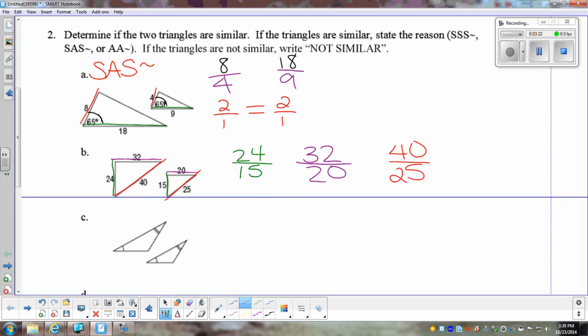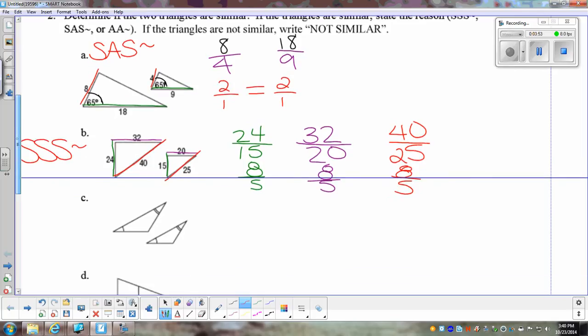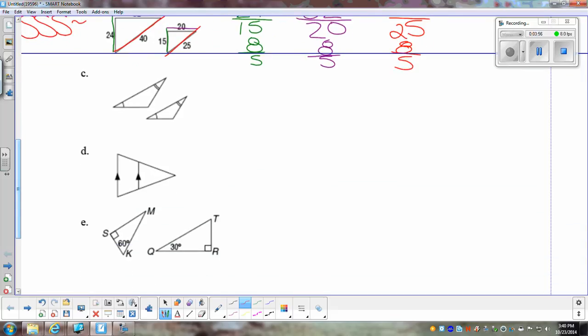So then I have to check to see if all of these simplify to the same thing. 24 over 15 simplifies to 8 over 5. Check these in the calculator if you need to. 32 over 20 simplifies to 8 over 5. 40 over 25 simplifies to 8 over 5. So these are similar by side similarity. Letter C, I don't have any information about sides, but I do know that these angles are congruent and